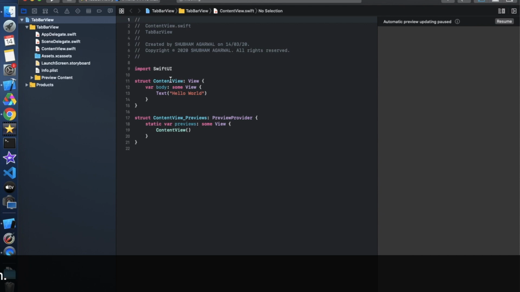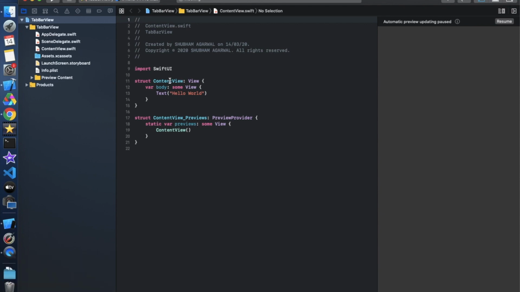So this is the content view, which is the first view of our application. Now we will create a tab bar on this screen, because this screen will load when the application gets started, and we can manage this according to our own need. For example, if we want to show a tab bar after login, then we can push from login to this controller, this view. So it's totally up to you. So now let's see how we can create a tab bar.